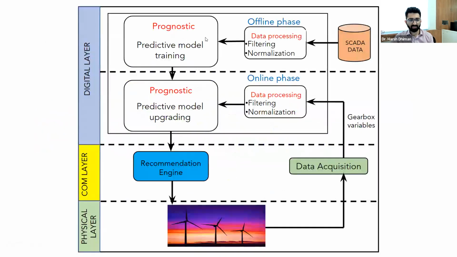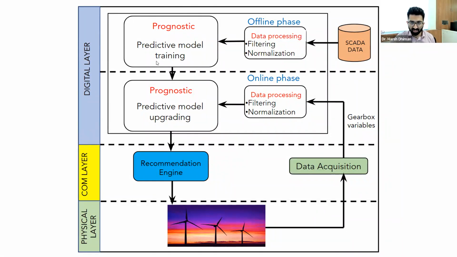Once you get output from the digital layer, there has to be some recommendation or feedback made to the physical asset. If you do not make this feedback, then this entire digital twin is of no use. As you can see in this slide, you collect data from the turbine. For example, if it is gearbox data, you collect gearbox data and you train a machine learning model. The objective of that model would be, let's say, a prognostic level of inspection. Prognostic level is again a what if analysis of when your gearbox is going to fail.